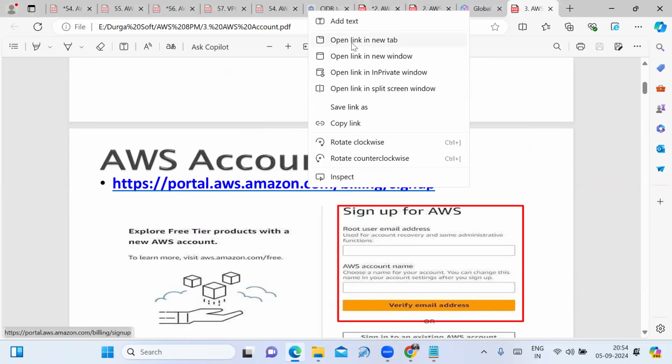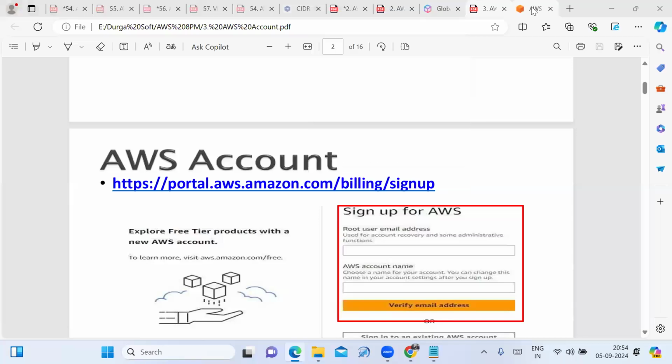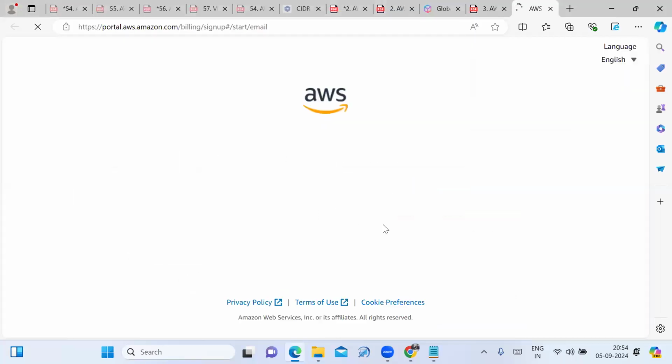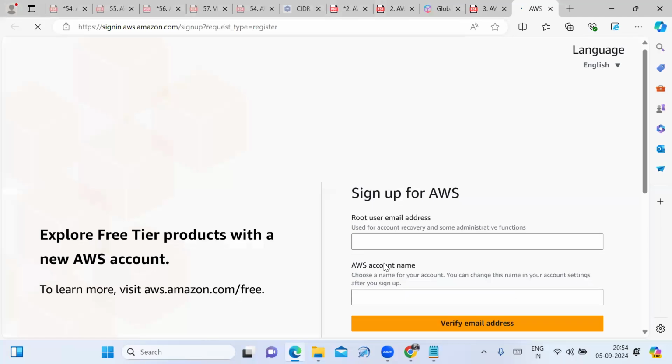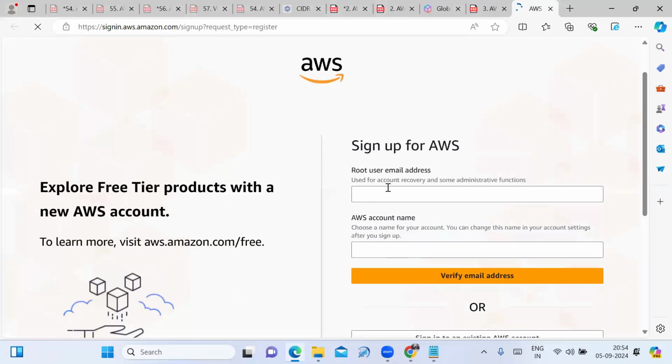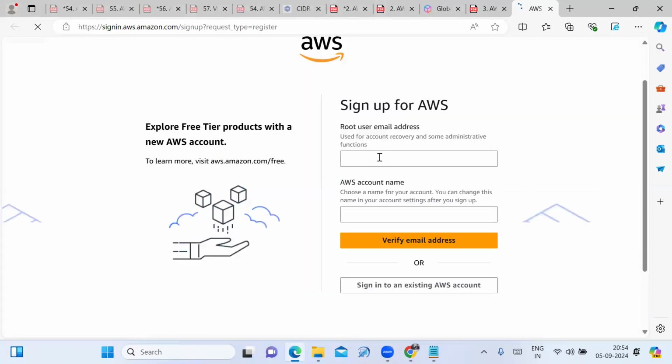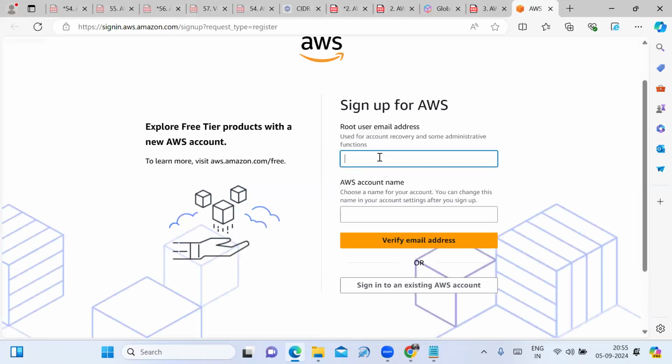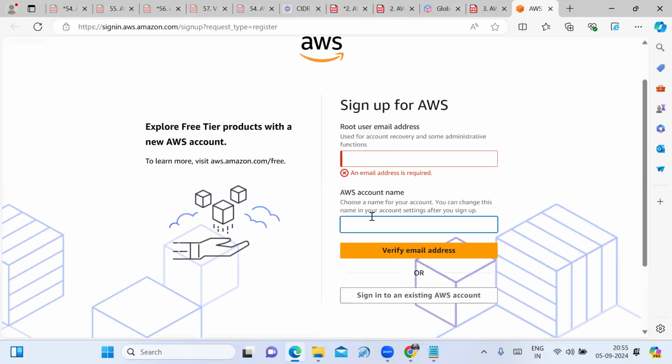See, when I click here, it is asking to enter your root user email ID, and you have to enter your AWS account name.